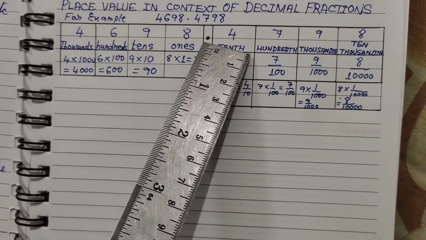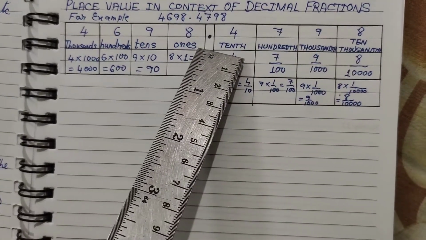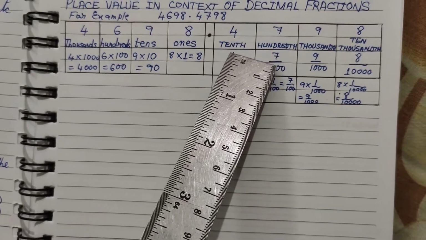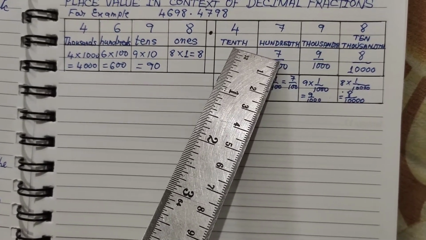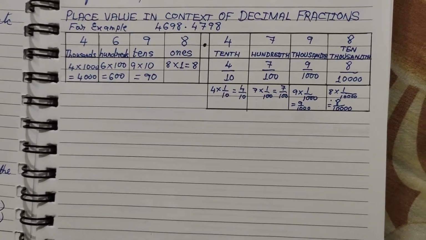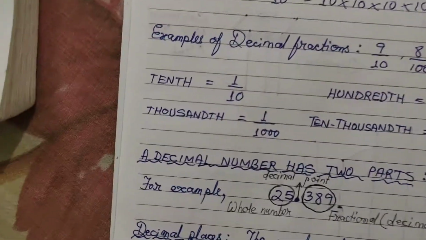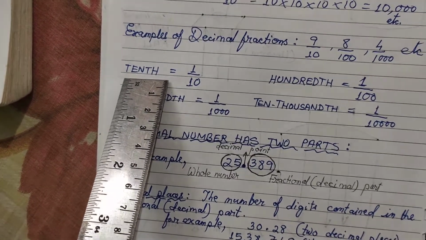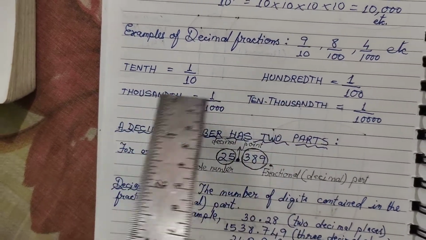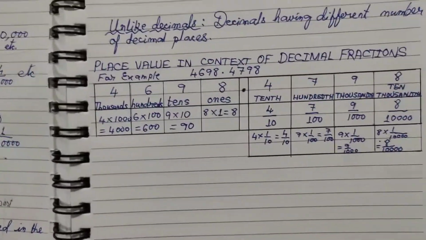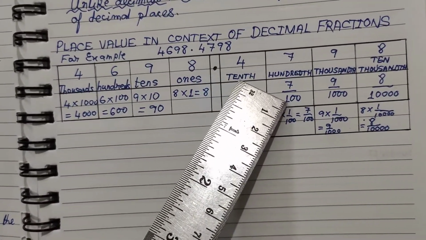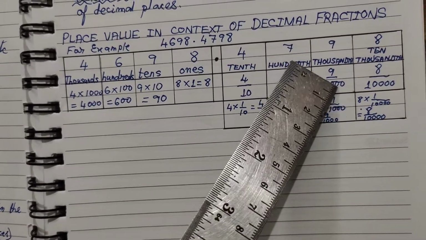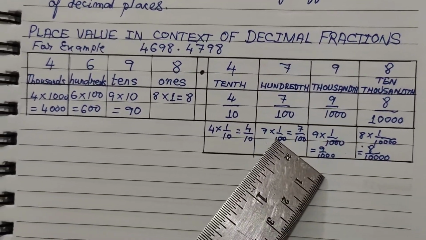Now, the new thing is when you come to the right side of the decimal point. When you come to the right side, the first position is known as the tenths position. Now, remember tenths, hundredths, thousandths, ten-thousandths. Remember this one? Just now I was explaining and I told you that we will find out the use of these tenths, hundredths, thousandths, ten-thousandths later on. So now the use is coming. Okay, so tenths over here signifies 1 by 10. Hundredths over here signifies 1 by 100.